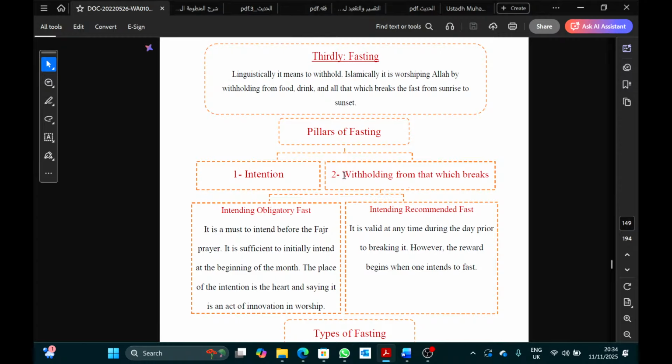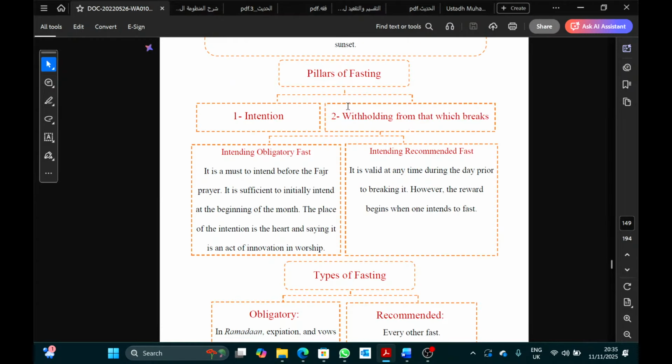What that word صوم literally means is to withhold or to refrain from something. So the Islamic meaning is to worship Allah by withholding from food and drink and everything which breaks the fast from sunrise to sunset. So it's a worship of Allah. You have the intention to worship Allah. It's not that you're going on a diet. Right? That could be a secondary intention, but it's not your main intention. In the month of Ramadan, you don't say I'm fasting because it's part of my diet. No. You're fasting because it's obligatory for you to fast. At the same time, alhamdulillah, it's good for my health as well. That's fine.